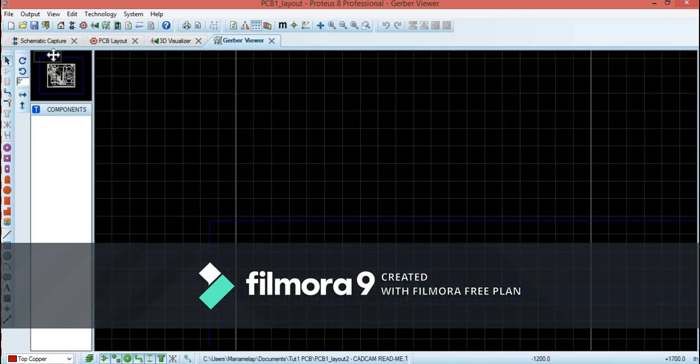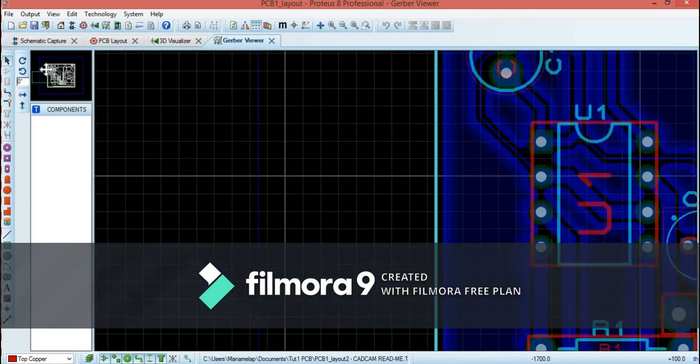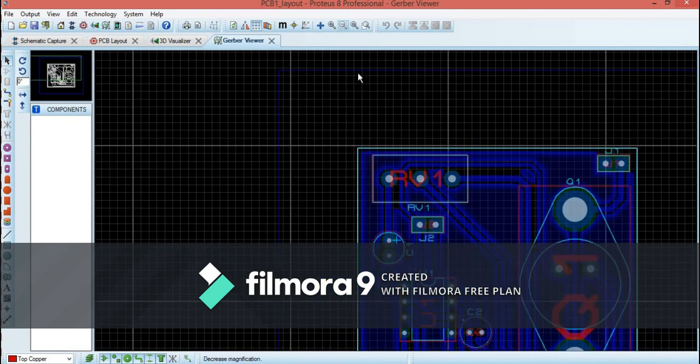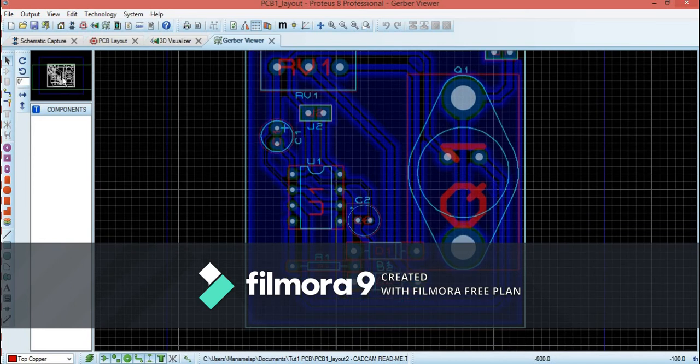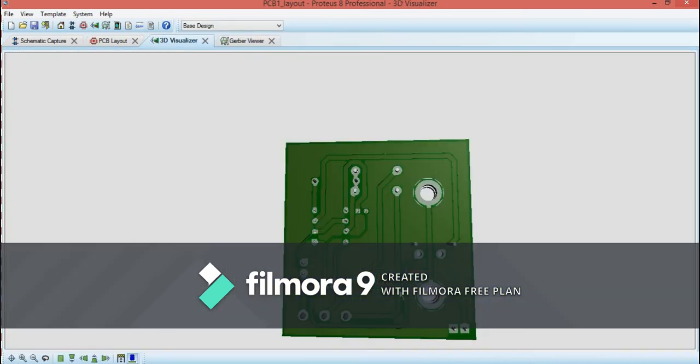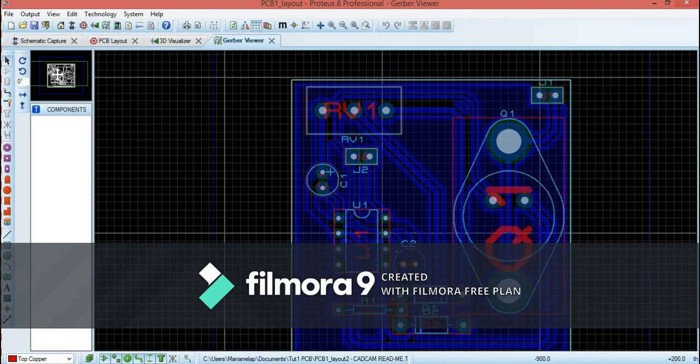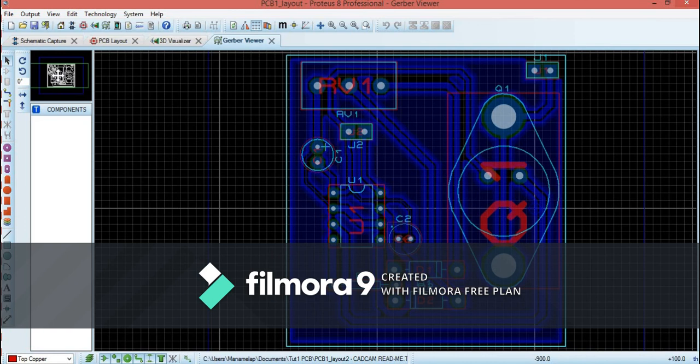Now if you open the Gerber view, this is what you're going to see. You can see that the layout now is not the very same as the one that you've seen in the 3D and the PCB layout. Each and every file has now been considered and they've been embedded together to form one complete